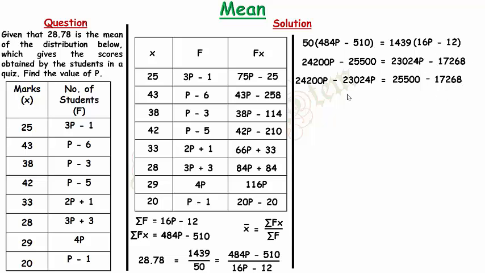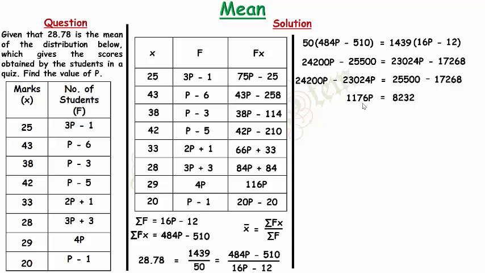Now I will subtract 24,200p minus 23,024p equals 1,176p. And then the equality sign. 25,500 minus 17,268 equals 8,232. To find the values of, or rather to find the value of p, I'll divide both sides of the